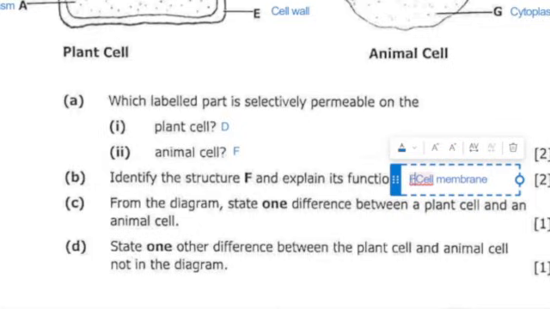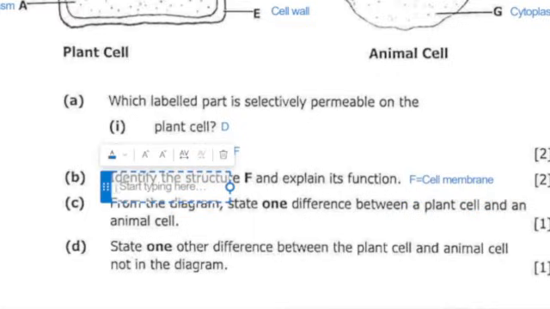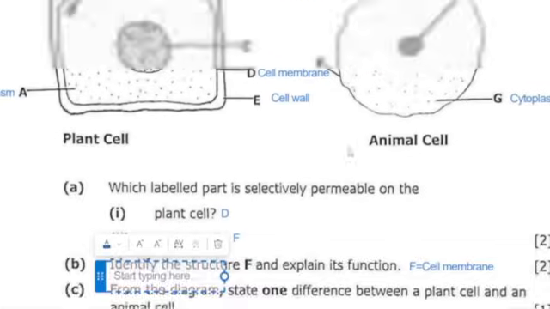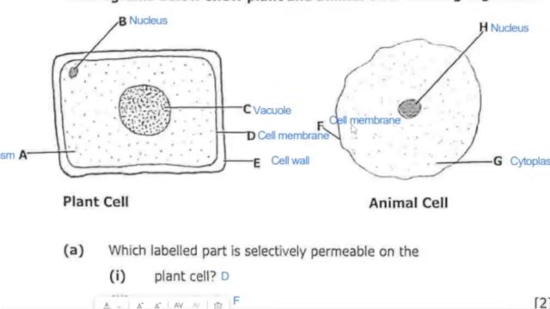F is equal to cell membrane. Then remember there are 2 marks. They have given us 2 marks, so they're asking us to say what is the function of cell membrane